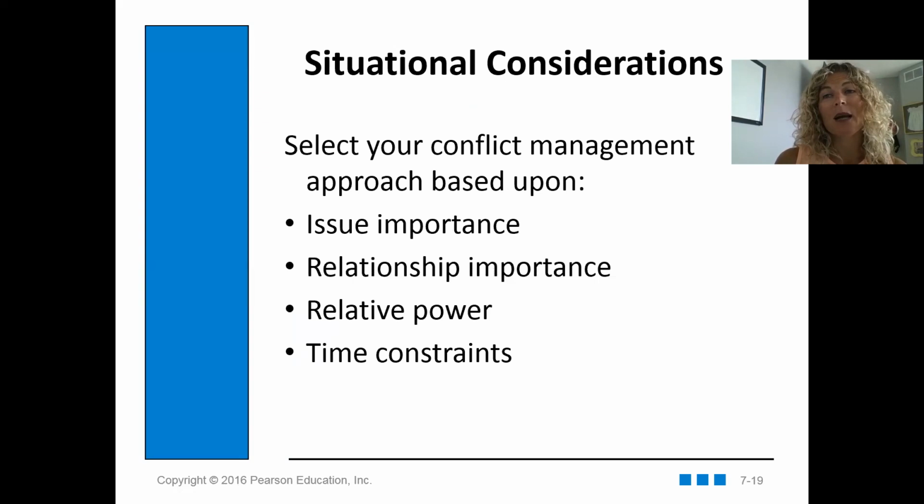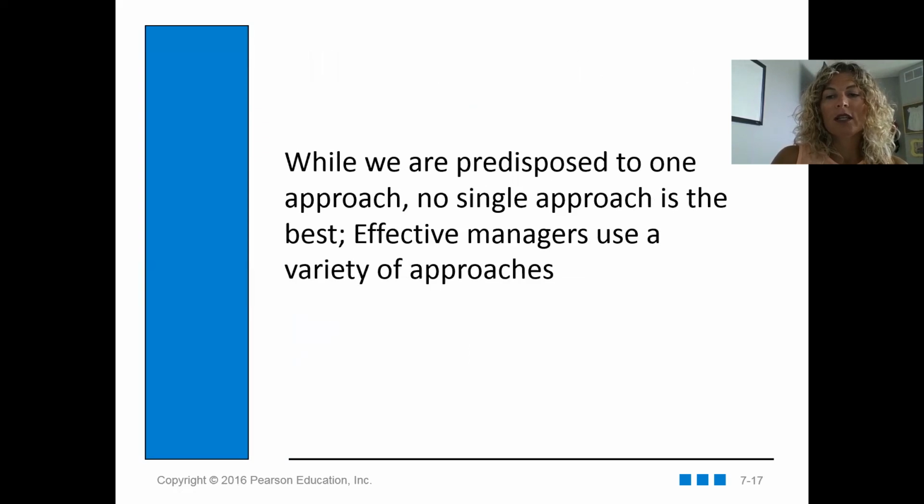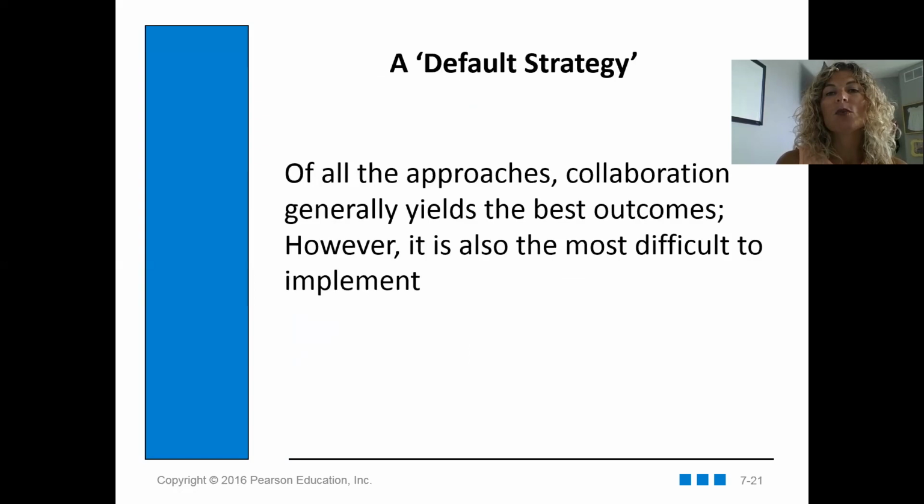Right. But any other combination of all these, we can always collaborate and try to get that win-win outcome. All right. And so when we look at, I was going backwards there. If we look at a default strategy, we would recommend the collaboration approach just because it comes out with that win-win outcome, and that helps the outcome actually get implemented and helps to actually resolve